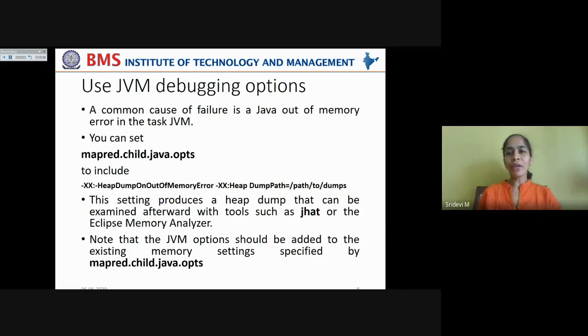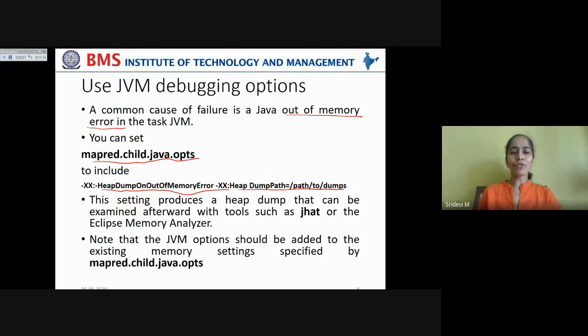Now, a common cause of failure is a Java out of memory error, right? So when Java runs out of memory in the task JVM, you may come across some failures. Now you can set mapreduce.child.java.options in order to include heap dump on out of memory error and heap dump path.